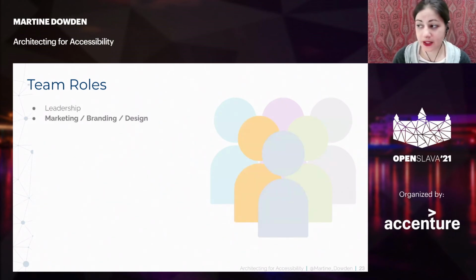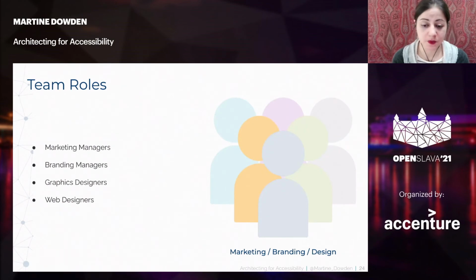Our marketing, branding, and design teams, that's going to be really important for our assets. If our style guide at the very base of it is not accessible, if the colors, for example, in the style guide being given by our marketing manager that we must follow is not accessible, we're going to have a really hard time making the application accessible. The other thing is making sure that those visual aspects are already taken care of and understood and agreed upon from the very beginning will prevent friction.